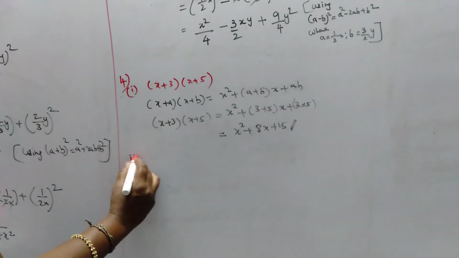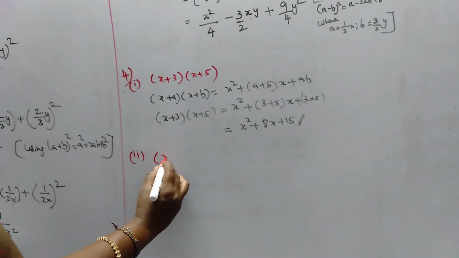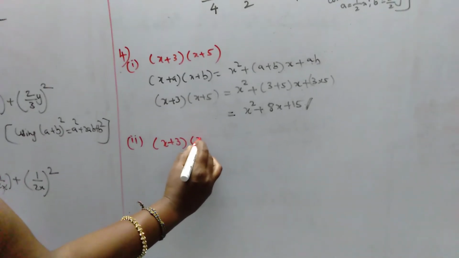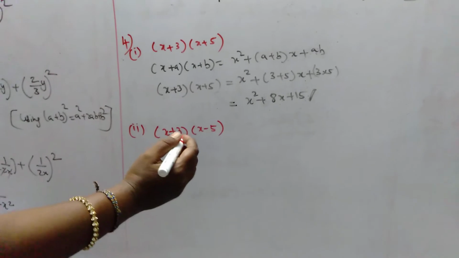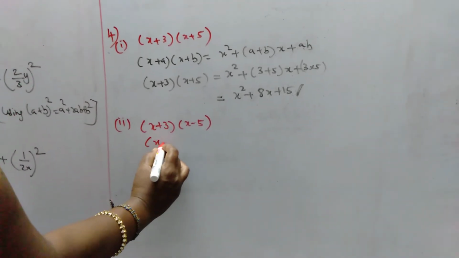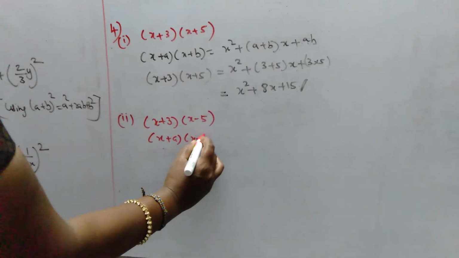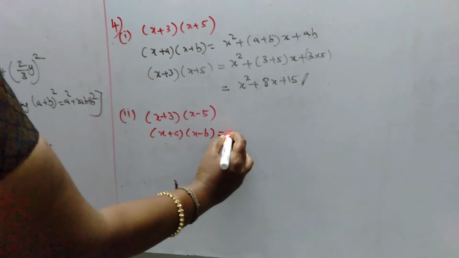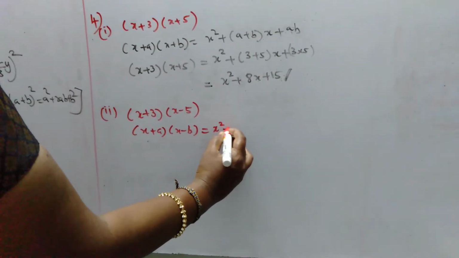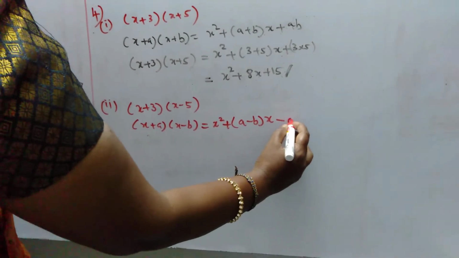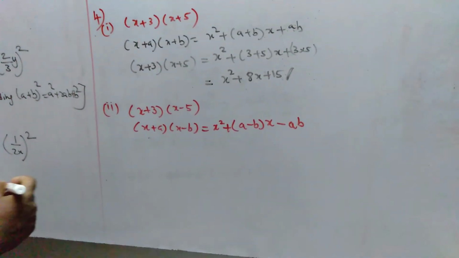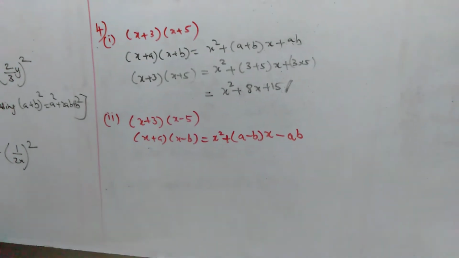Next, fourth one, second subdivision, which is what? x plus 3 into x minus 5. So the formula for that one is x plus a into x minus b, which is x square plus a minus b into x minus ab. Right? Okay. So what we can do here is,